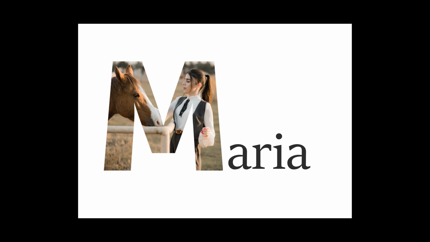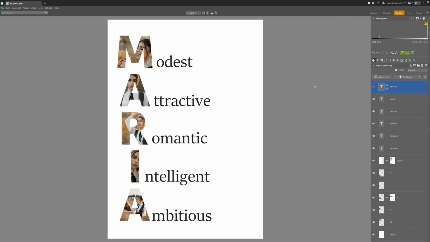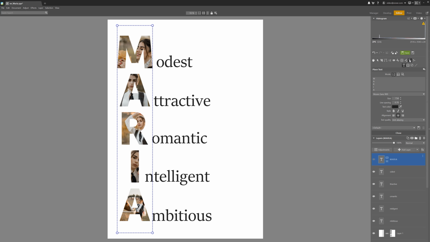You can use alphabet art to only create the first letter and then write the rest of the name, making space for just one photo. And you can also arrange your alphabet art in columns. The process is going to be the same as for landscape text, only you type each letter in its own line, like we did here. You can either center the letter or, like we did, move it to the left side and add qualities that start with each letter of the name.